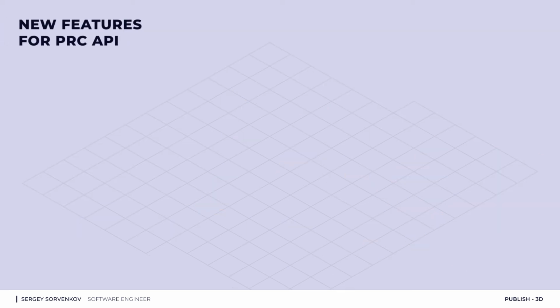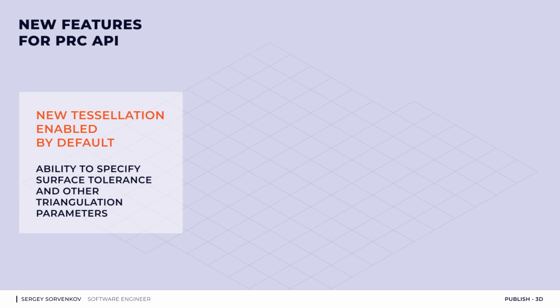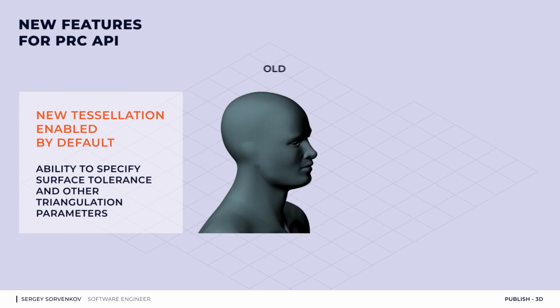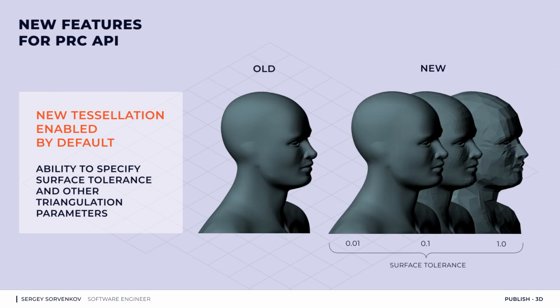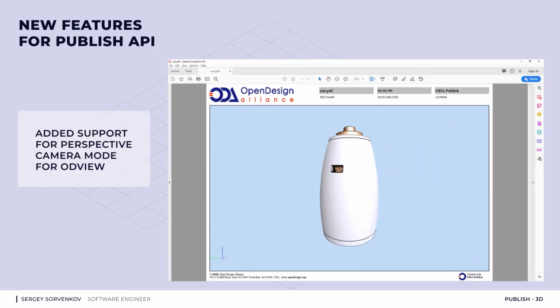Previously, ODA could only draw a BREP with a fixed number of triangles, which was determined by the algorithm. Now, it's possible to control the number of triangles using surface tolerance and other parameters in the new tessellation mode. In Publish API, we have added support for the ODA view perspective camera,